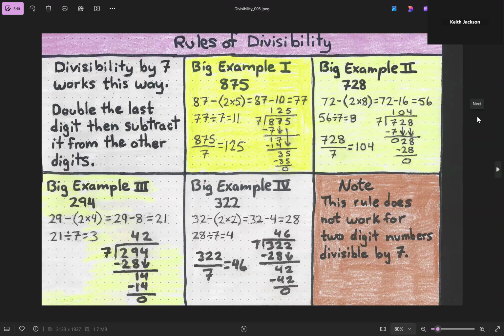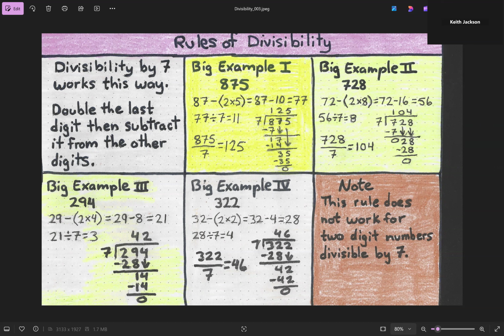Right now, we're looking at the rules of divisibility, and today we're going to apply the divisibility rule of 7. And it works this way. Double the last digit, and then subtract it from the other digits. Okay? And with that in mind, if we look at these numbers right here, like 875, 728, 294, 322,